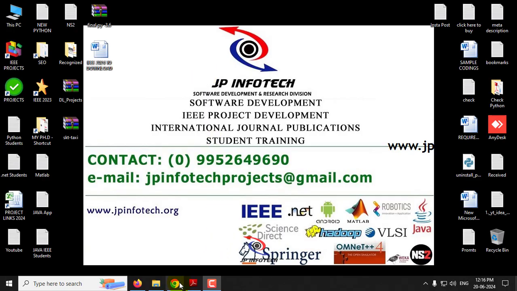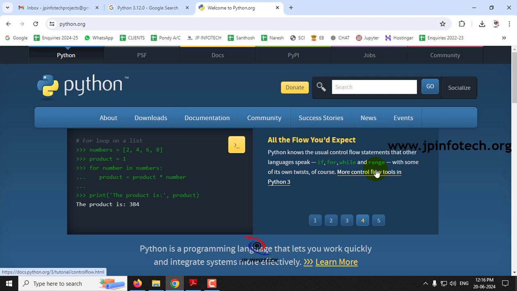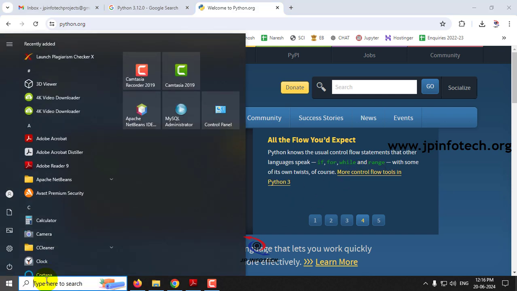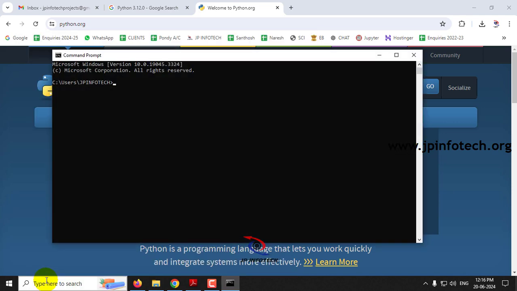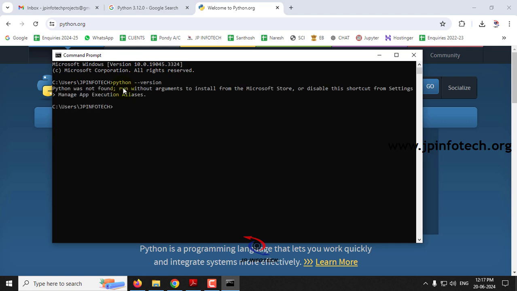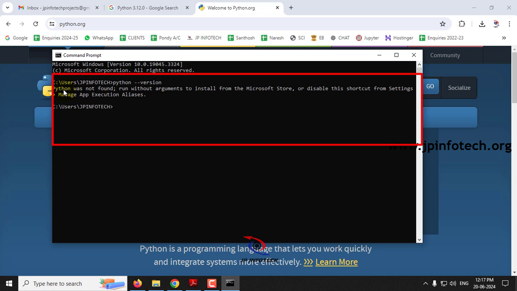Hi everyone, in this video we are going to see how to install Python 3.12.0 in Windows 10 or 11 operating system. So first go to your run and type cmd and the command prompt window opens. Here type python space hyphen hyphen version and click enter. So now you can see in my system I don't have Python, so it is mentioning that Python was not